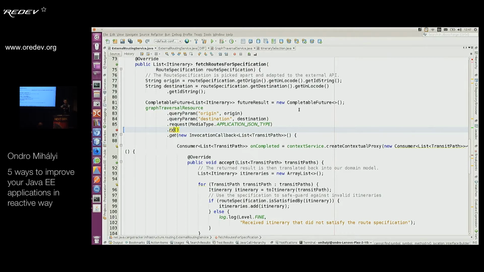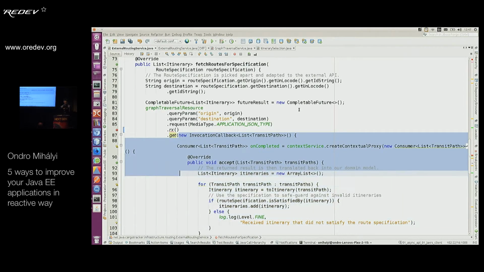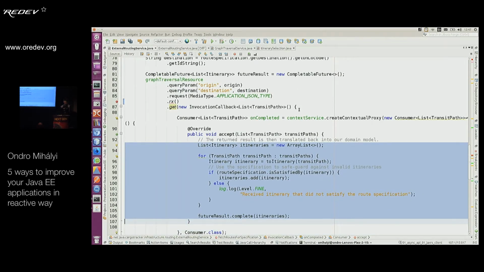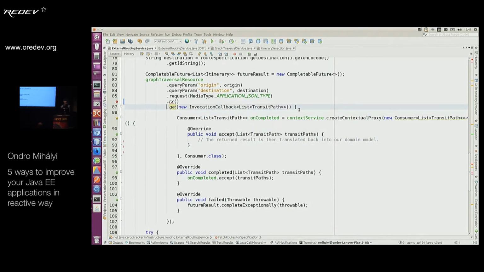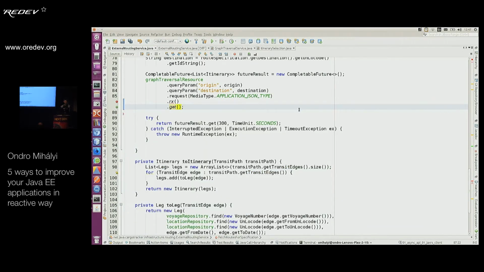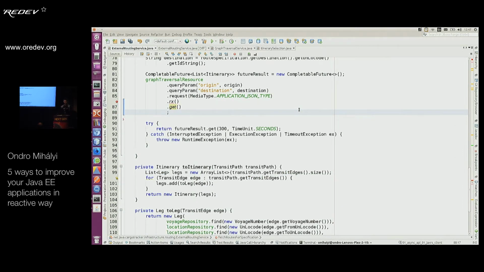So instead of calling async, we could call Rx, and then we basically can get rid of all the boilerplate, which is the callback, and we immediately get a completable future. If we want to do something with the result, we just call